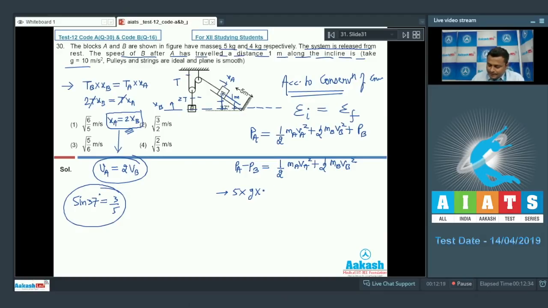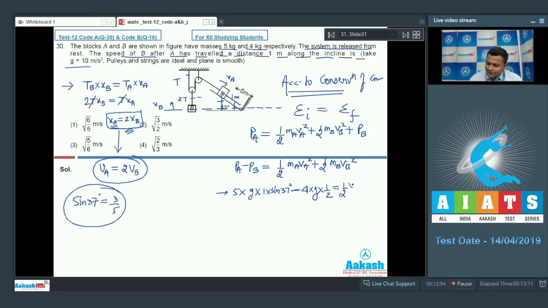So h will be 1 into sine 37, minus for B, potential energy of B, mass of B, that is 4, gravity g, multiplied by h. From the constraint relation it is clear, if XA has moved by 1 meter, then XB will move by 1 by 2 meters. So put 1 by 2 right here, which will be equal to